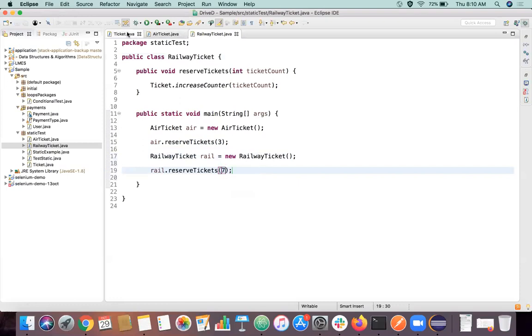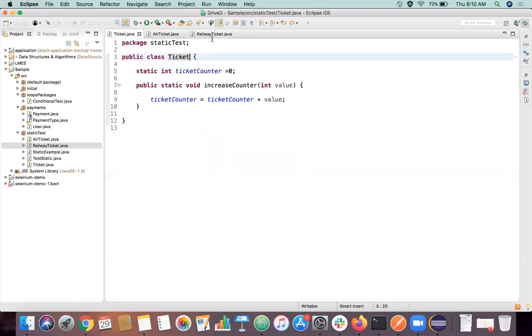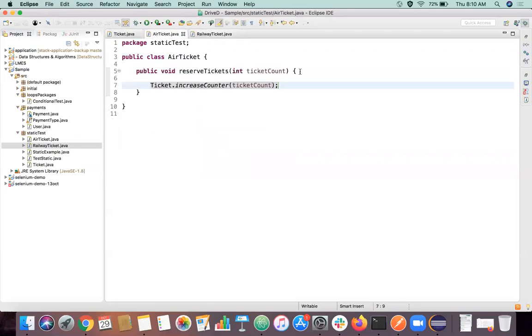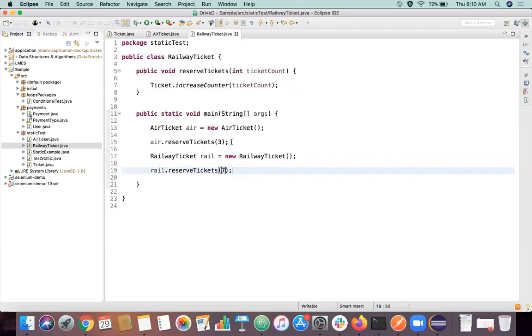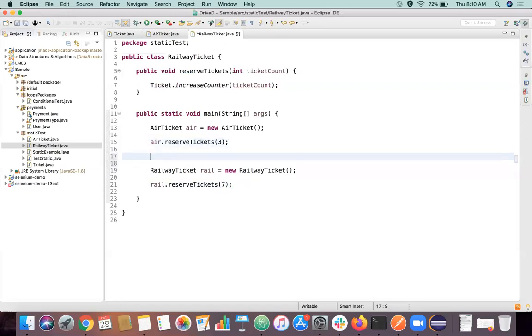So I'll try to print this ticket counter value after each and every method call. Just print here. So how can I access this static variable?